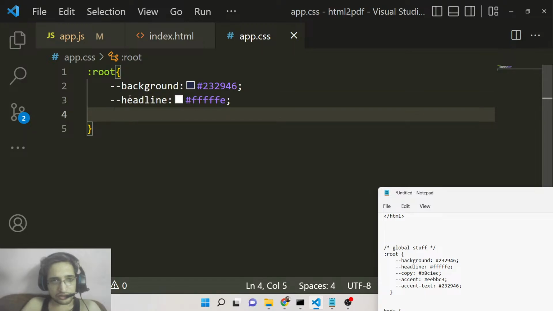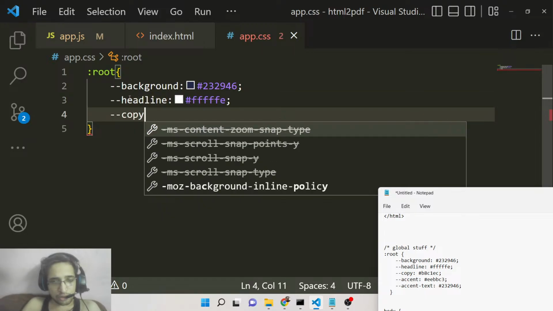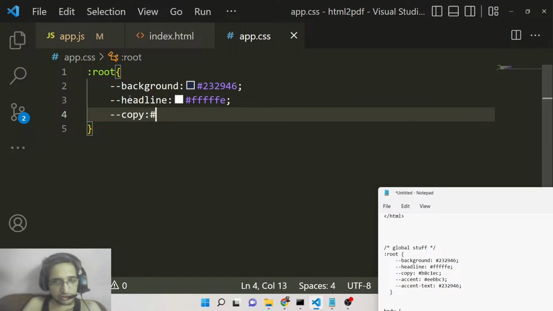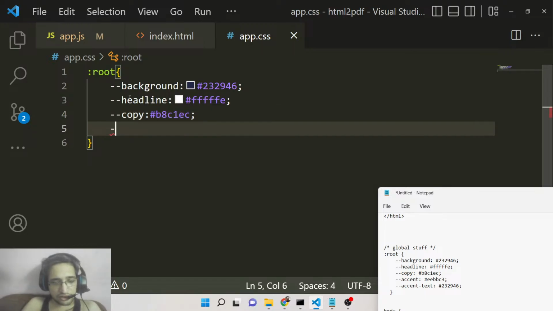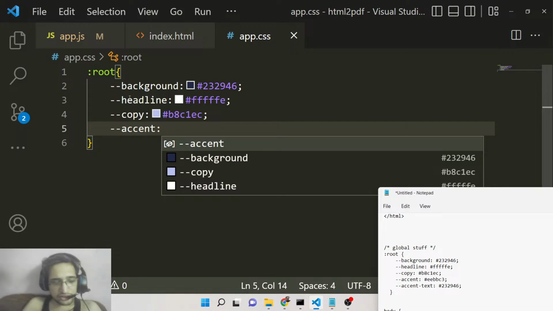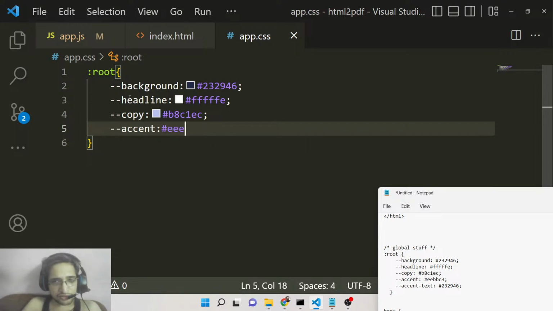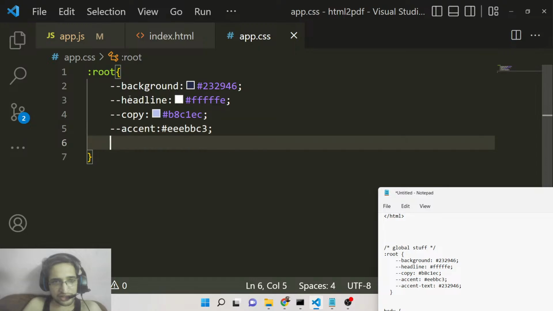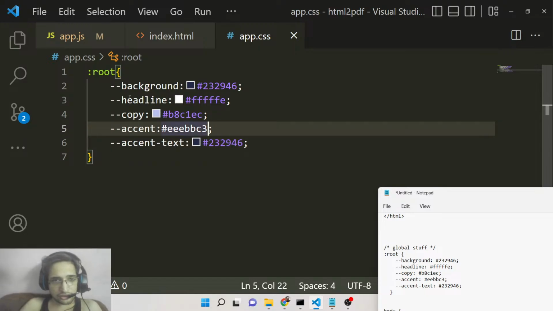FFFFFE, whitish color. And copy button is this one, B8C1EC. This is the color. Accent color will be, so these are different variables that we are declaring, guys, for the colors, so that we don't need to write these hexadecimal codes again and again. So accent text color will be equal to 232946. So this color EEBBC3,